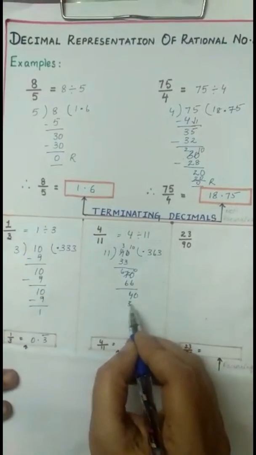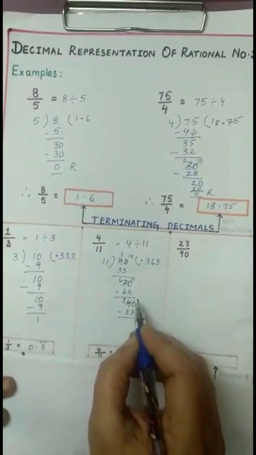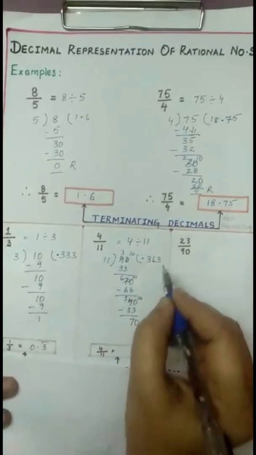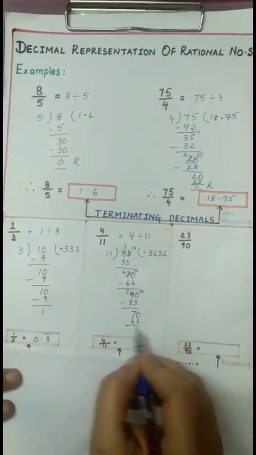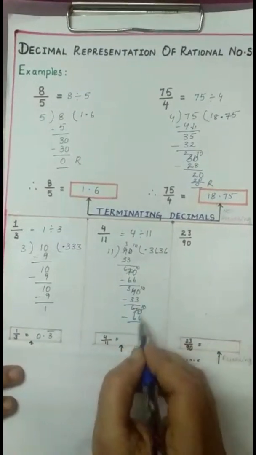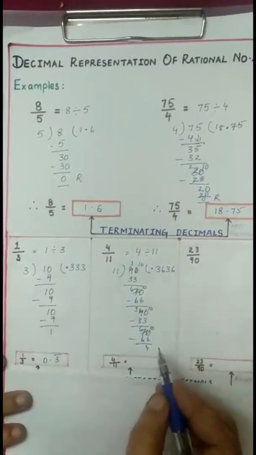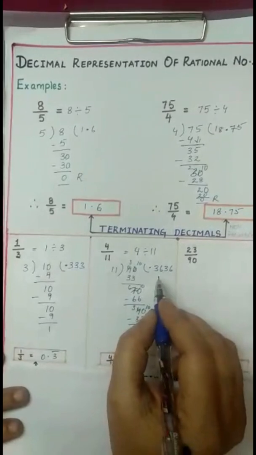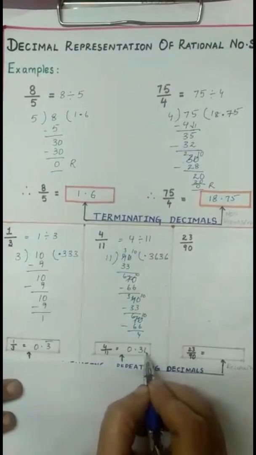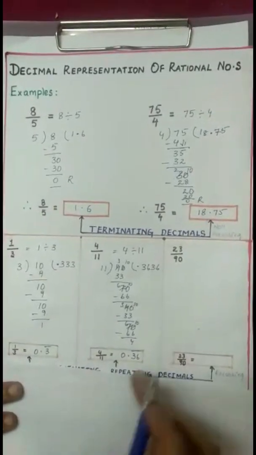11 threes are 33. Subtract. 0 minus 3 we can't do, borrow. Here 3 and here 10. 10 minus 3 is 7. Already we have the decimal over here, write the 0. 11 sixes are 66. Again subtract by borrowing. Here 10 and here 6. 10 minus 6 is 4. And here also the division keeps repeating. Now in the quotient, after the decimal, the digits 3 and 6 are repeating. So it can be written as 0.36 with a bar over 36. It means that the digits 3 and 6 occur repeatedly.